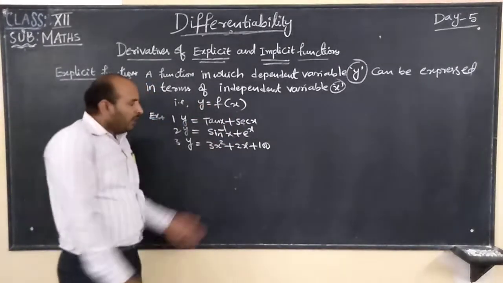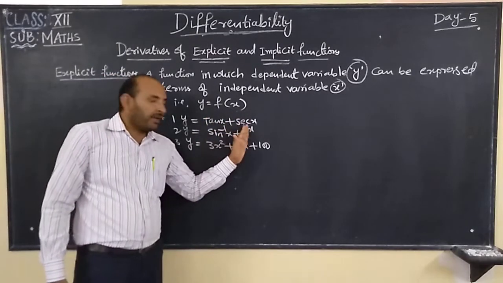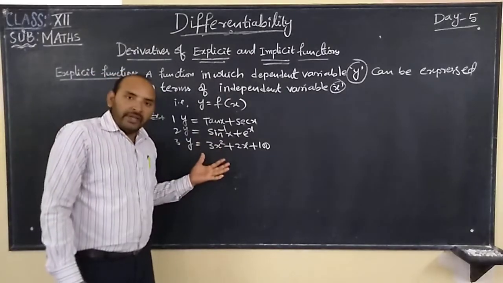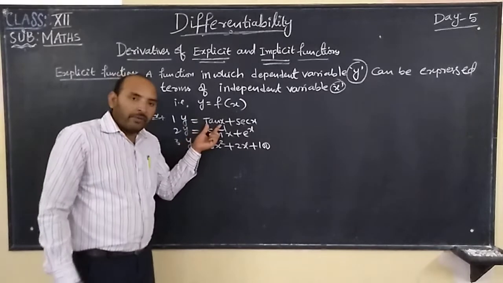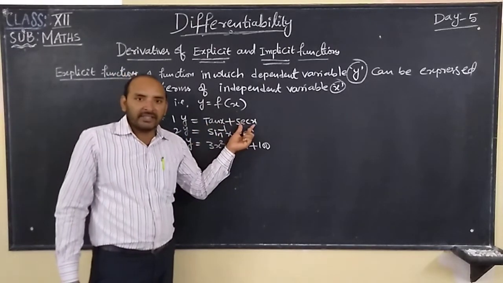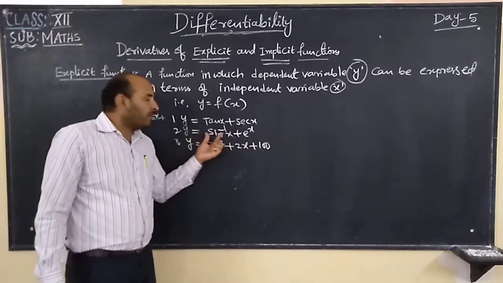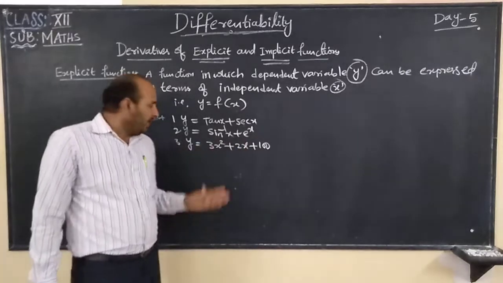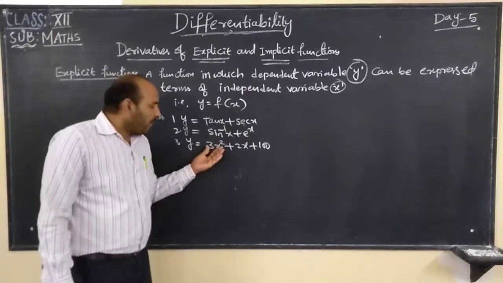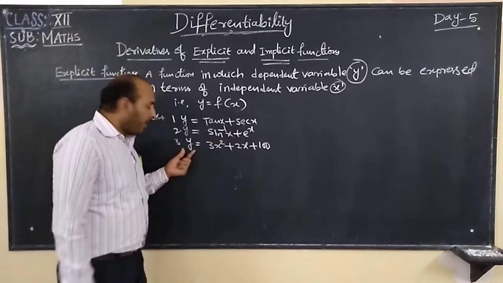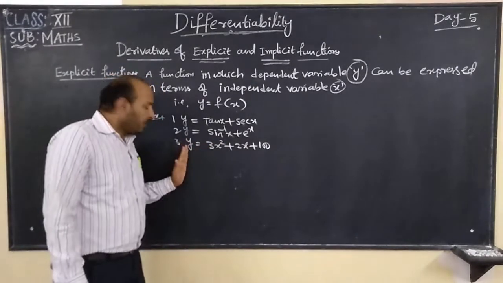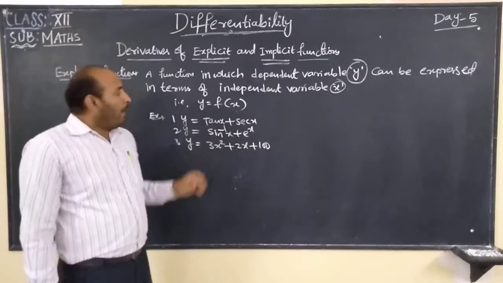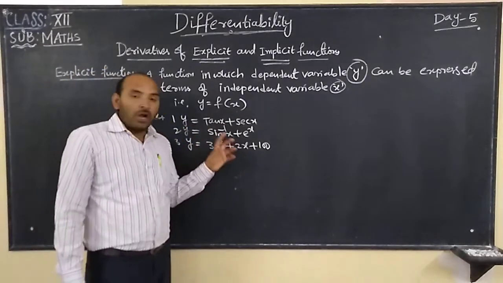So y is separate, the function is in terms of x only. On the right hand side there is no y variable, only the x variable, and we can find the derivative of this function easily. So dy by dx is equal to the derivative of tan x, secant square x, the derivative of secant x, secant x tan x, the derivative of sin inverse x, 1 by root of 1 minus x square, and e power x, clearly e power x. Similarly, even for the third example we can find the derivative easily because y is the dependent variable. So it is dy by dx, and finding each individually you will get the dy by dx value. But some functions do not give